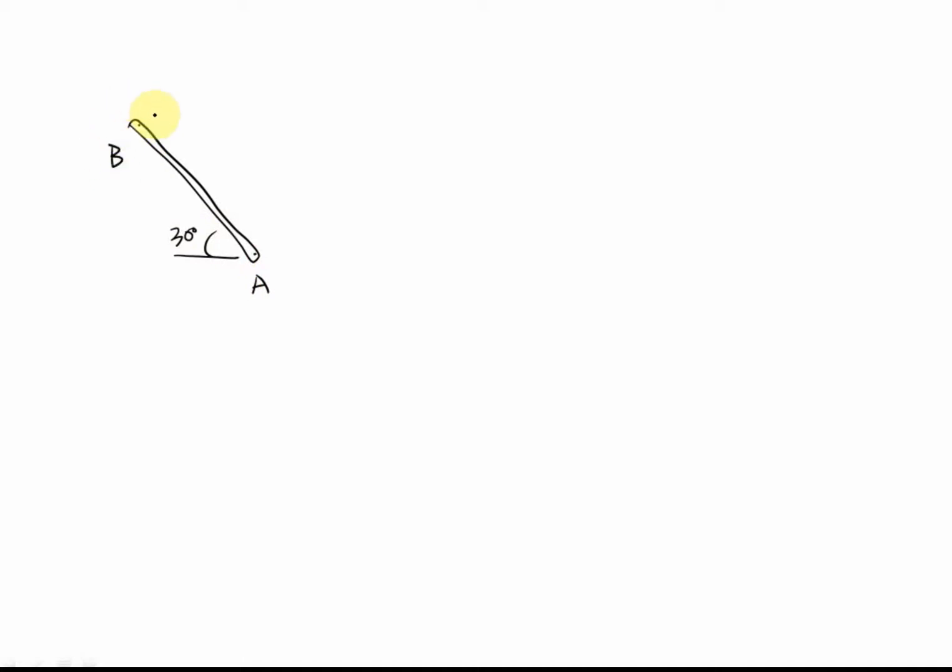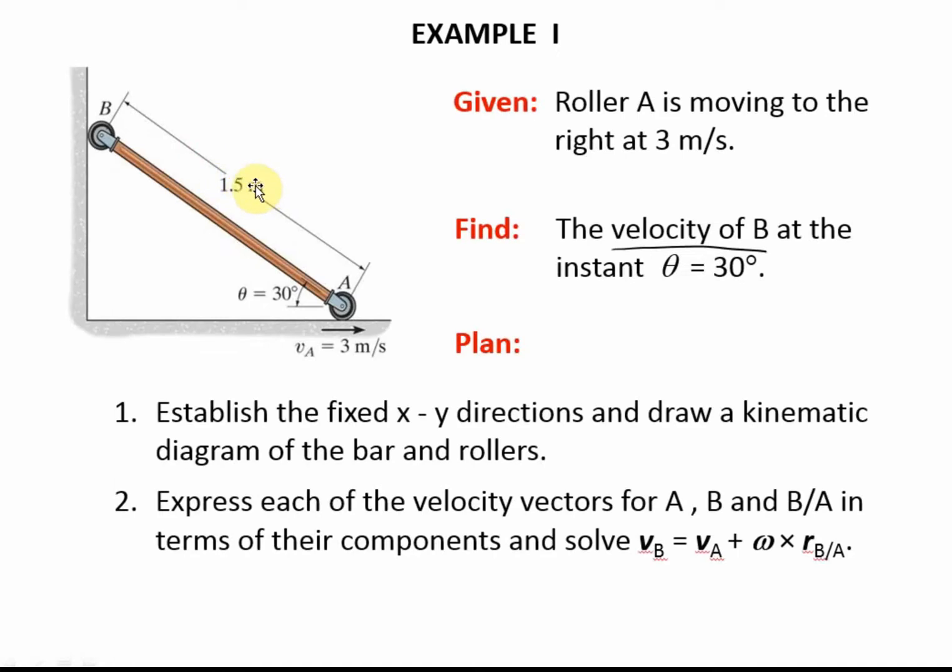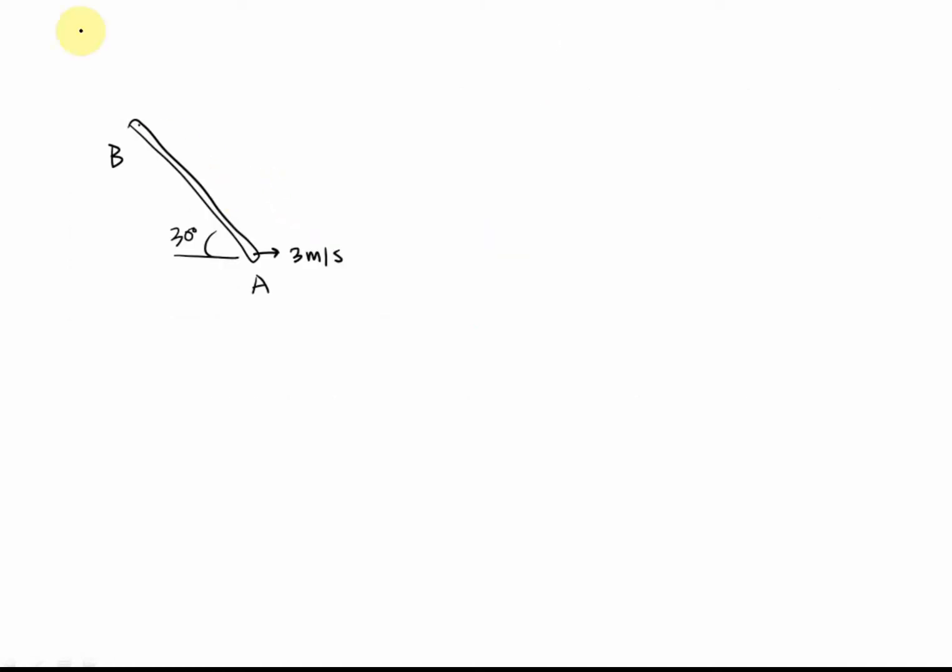So I want to find the velocity of B, and I know the information that at this instance A has a certain velocity, 3 meters per second. Then what's the length of this one? 1.5. So the length of the rod is 1.5 meters. Then to find the velocity of B, my V can be found by VA plus